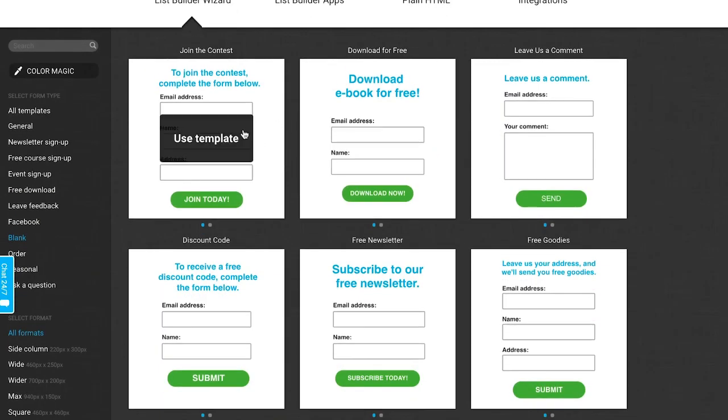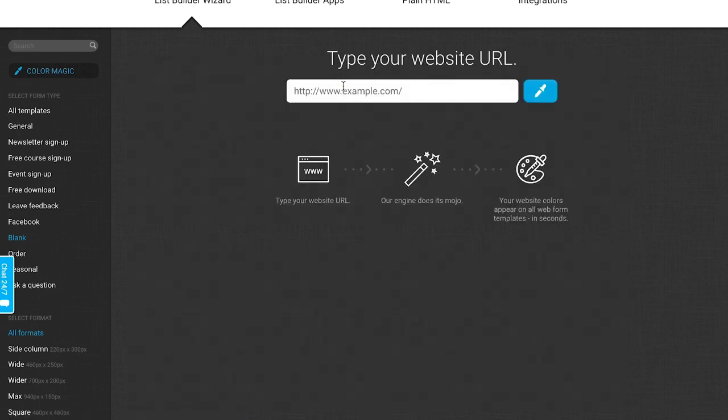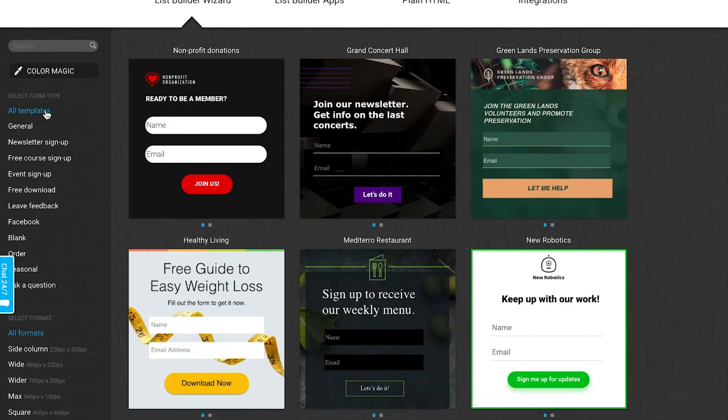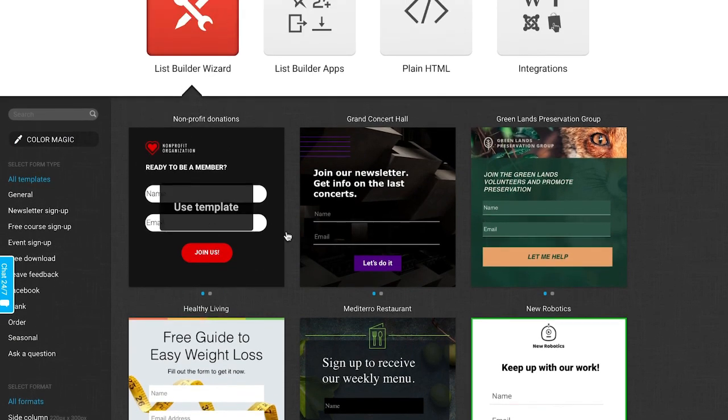And speaking of color scheme, there's this tool called Color Magic, where if you actually enter in the name of the URL of your website, it will actually match the colors from your website onto a form template. So that could save you some time whenever customizing the form or template that you choose. But we can go ahead and just choose a particular template that we want, and I'll show you how to